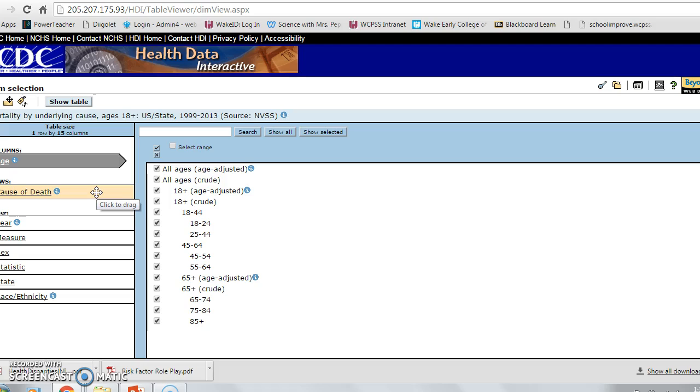To the right of the title where it says cause of death or year or measure or sex, you get an arrow that has 4 points on it. If you hover over one of the titles and select one of those rows, it'll go yellow if you're hovering in that area. And you can drag and drop